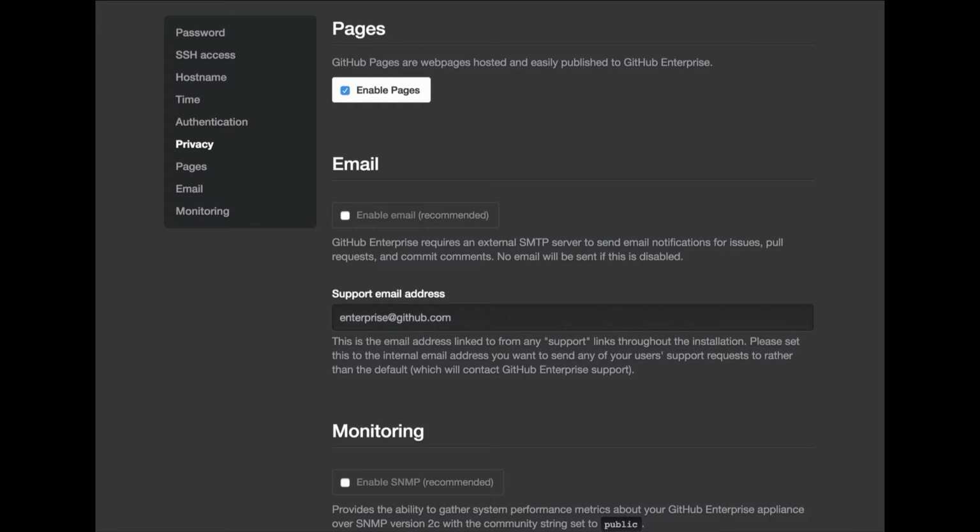The pages configuration section is very simple. It's a choice of whether you want to enable pages for your customers or not. We strongly recommend that you leave this option enabled. It's enabled by default. The reason that we recommend that is that pages allow people to create some pretty amazing